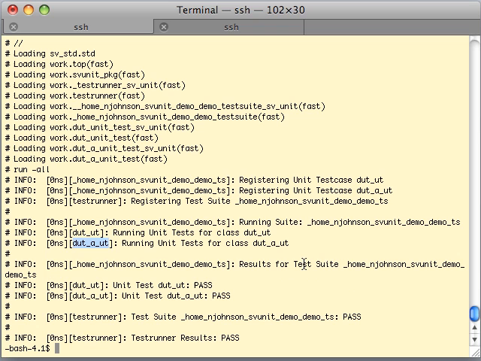Now we can add a test suite. So like I said before, a test suite is an aggregate of all the tests, of all the unit test instances in a particular directory. So to make a new test suite, we're going to add a new directory. So let's call this directory child,